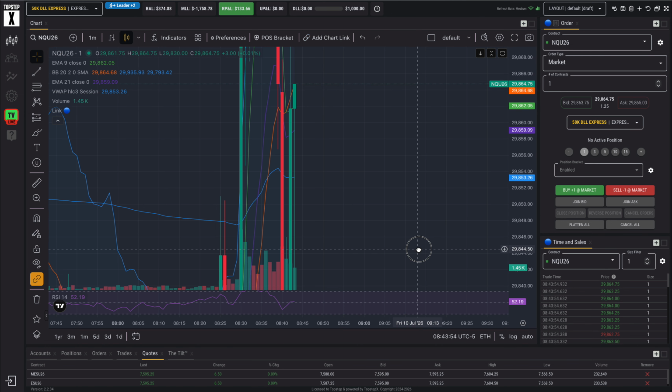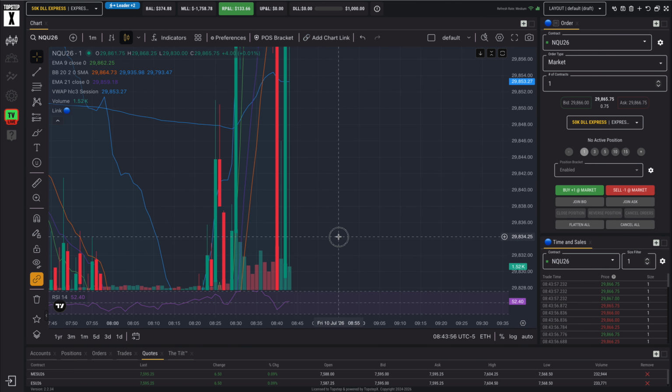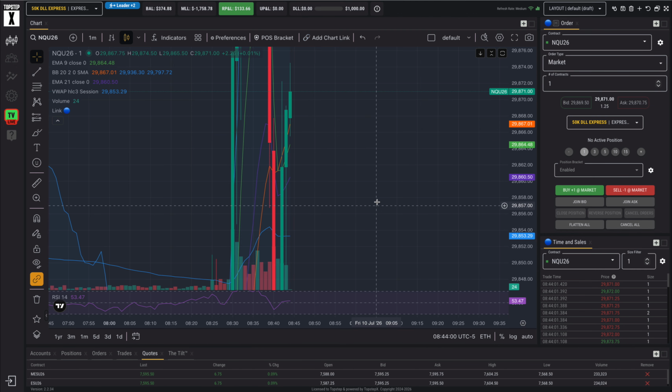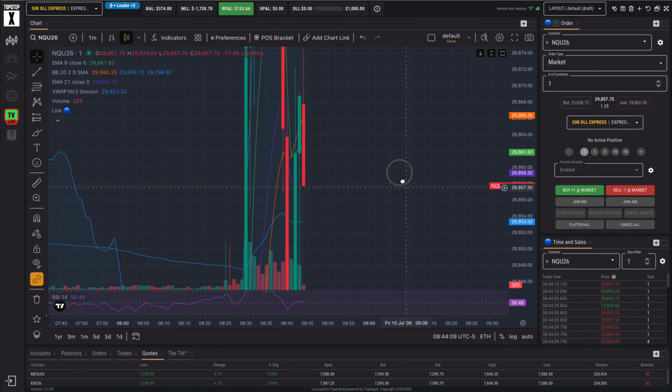Does this candle close red? See, if it went here, I was gonna buy, and it would have been a profitable buy. Okay, see, everything closed above, right? Above the VWAP, above the EMAs, and now